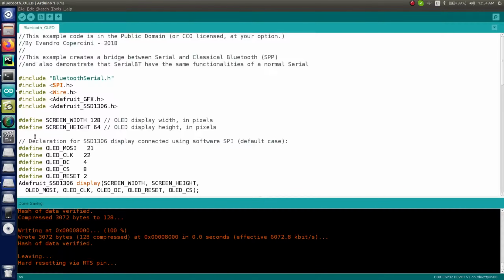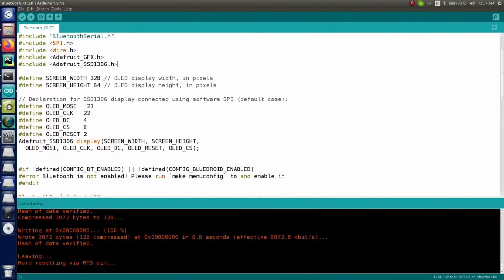So this is all that we are doing in here, and we have added two things. One program is for the Bluetooth serial communication, right? And the second one is for the Adafruit OLED display, right? This one I have already shown you in the previous session, but still if you are not able to understand what exactly we are doing in here, you can refer to that video, no issues. And now let's move ahead.